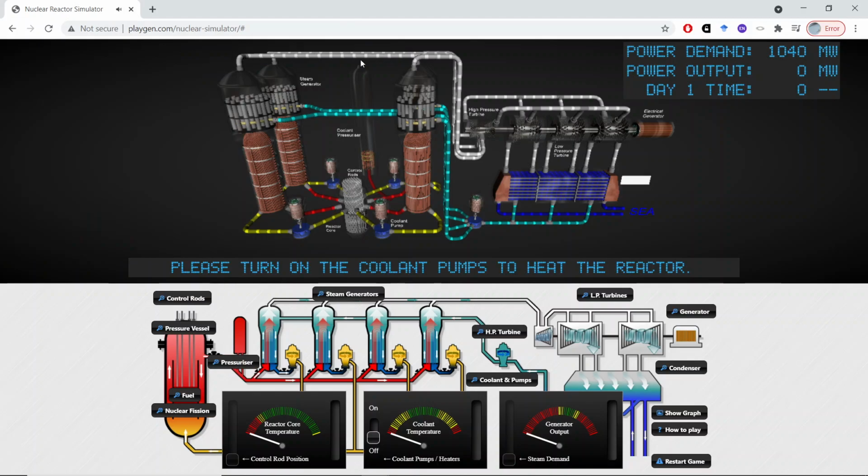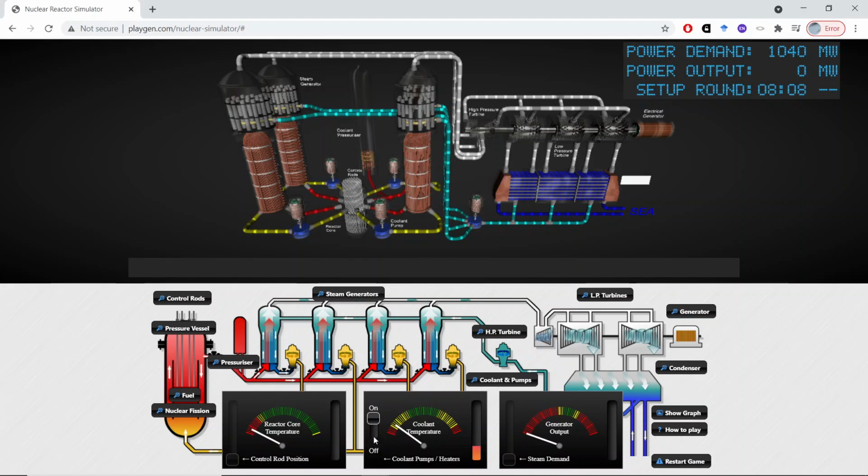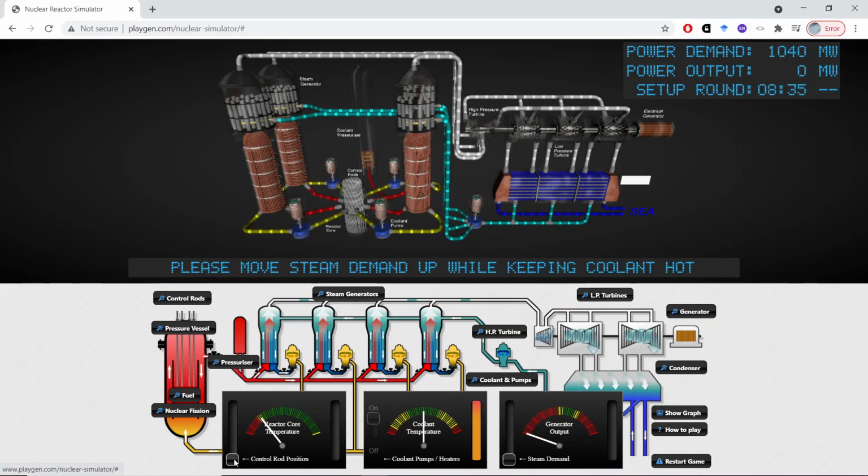Nuclear reactor simulator. Try and match the demand. Okay, we see here demand 1040 megawatts. So now I will start the coolant pumps by switching them on here with this knob. And we see how the temperature increases. We are already in the green zone, so I will start pulling rods a bit. And you see that now the coolant temperature is too high, so I will start the steam demand. So you see, as I increase steam demand, coolant temperature decreases. So it's time to pull a bit more rods, always trying to keep the coolant temperature in the green zone,